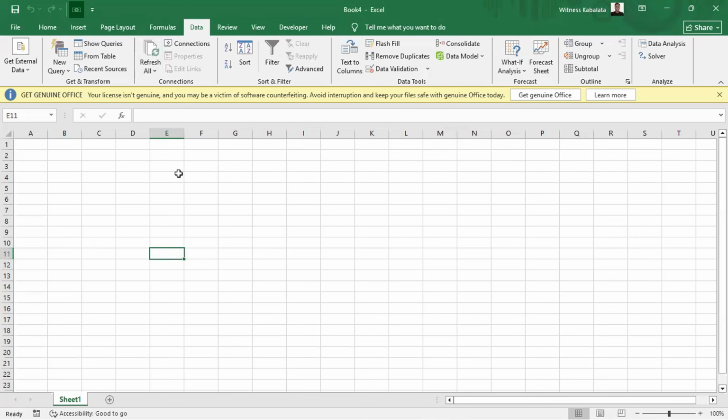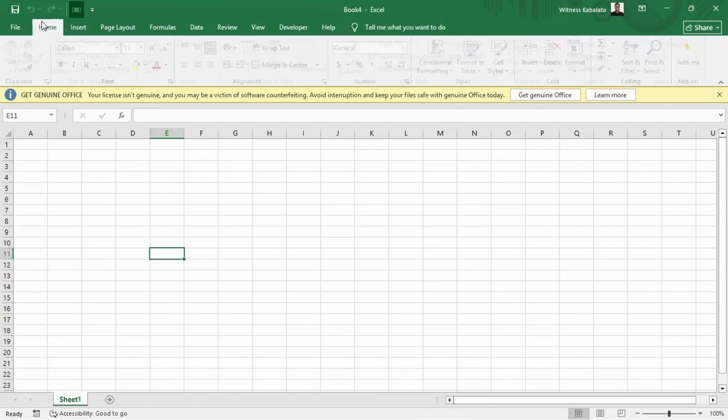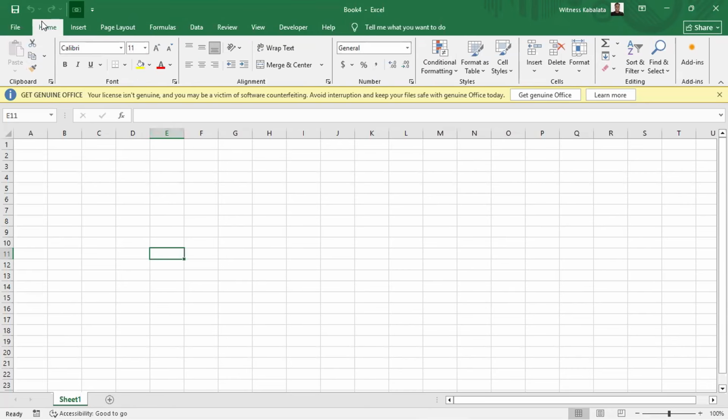Hello everyone, today I'm going to teach you how you can delimit your data in Power Query. First of all, we need to understand that data can come from different sources. You can have your data in PDF format, in text format, in CSV or in Excel format. So if you want to import your data into Microsoft Excel from different formats like CSV, PDF, or